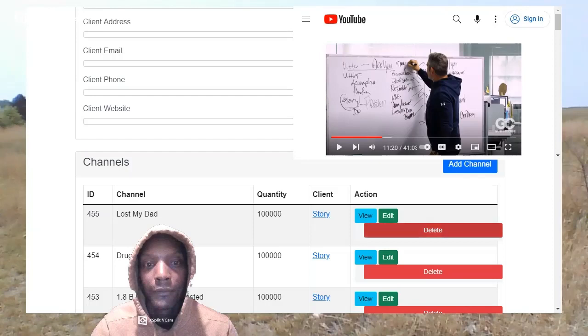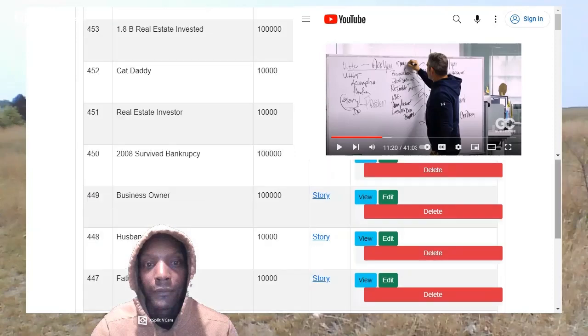In each one of these, like he says, that's how we create our story. We can start to talk about each one of these receptacles, these tentacles of the story.